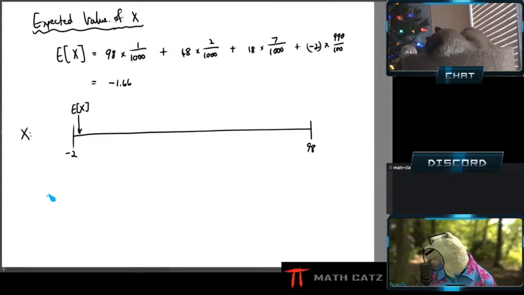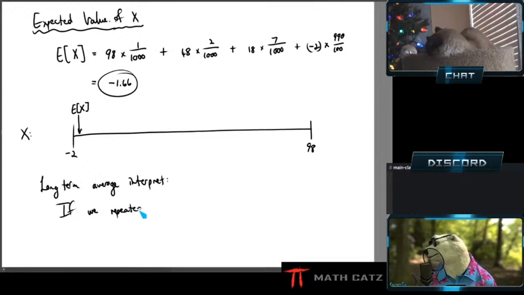Okay. But there's a more important point. So this is sort of a long-term average, this expected value, and I can interpret it that way. So we have to write it out, and then we'll repeat that next time with the following example. This expected value tells me the following. If we repeated this experiment, in this case, play the raffle game, many, many times,